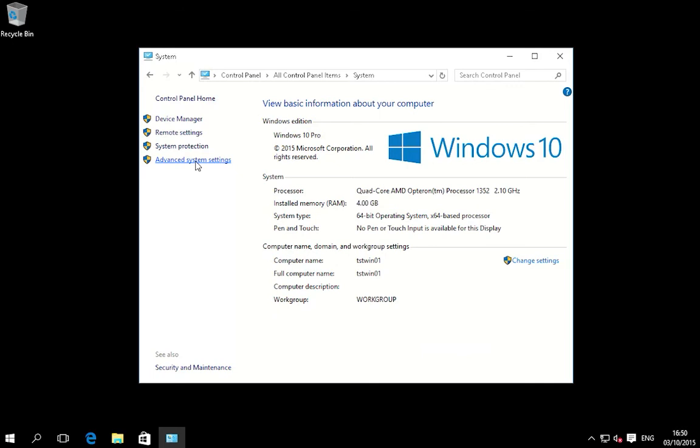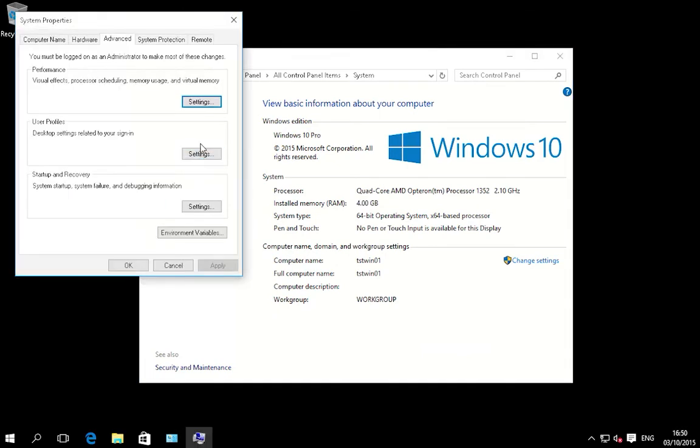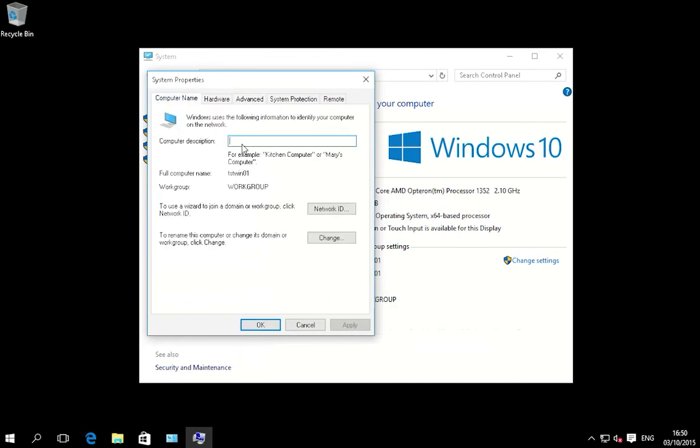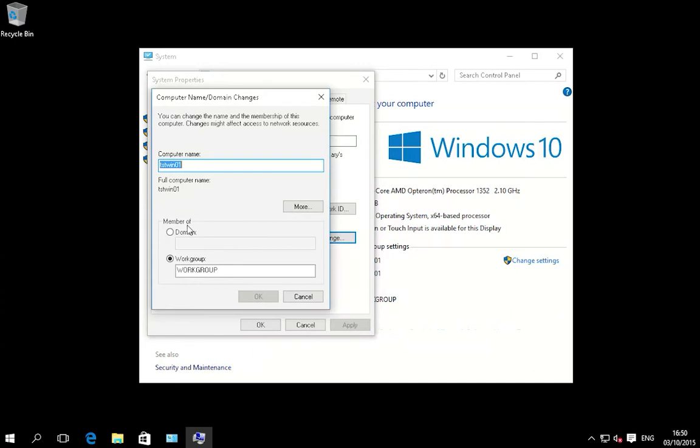So let's go to advanced system settings and go to the tab computer name, and let's go to change, and here is the section member of, and we need to be a member of domain tst-dom01.local,